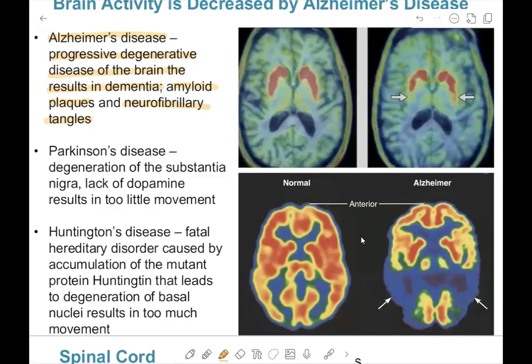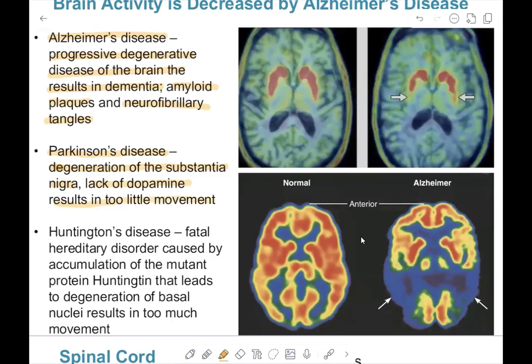The next one is called Parkinson's disease, which is shown on the top of the slide. We see a normal brain on the left and a Parkinson brain on the right. You can see the area here, which should appear red. It doesn't. So Parkinson's disease is a degeneration of the substantia nigra, and it's the lack of dopamine that results